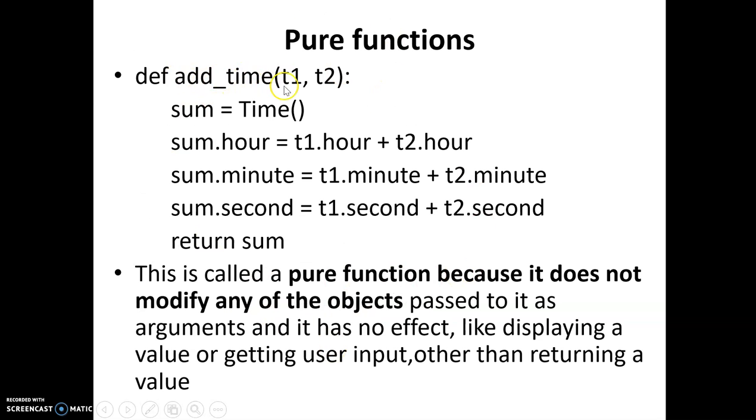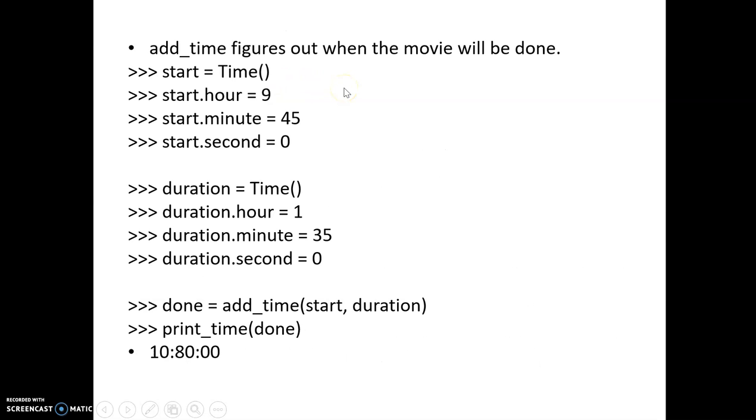You can see the add time function, which accepts two time objects. In this case, start and duration are the two time objects which can be passed as parameters to the add time function. If you want, you can try it and execute it, and if we pass the same values here, we'll probably get the result as 10th hour, 80 minutes and 0 seconds, which is quite unusual. You will never define minutes as 80, so you already know that minutes are not going to go beyond the value 60 here. Then what needs to be done?